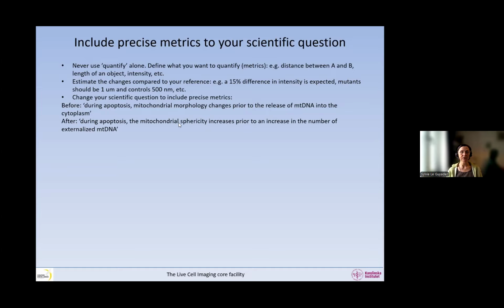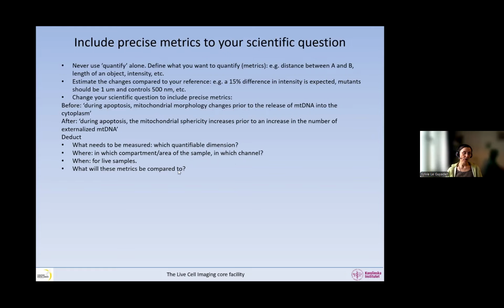Now we have two numbers that we are relating to each other: the number of DNA that are outside of the mitochondria, and the sphericity of the mitochondria, and then we compare them. So this is a proper scientific question for microscopy, and this may be kept for your whole project. From there, you will deduce what you need to measure: what is the quantifiable dimension in the image that you want to measure, and also where, so in which compartment, in which area of the sample, in which channel, and also when, if you are dealing with a live sample, after we add this or something like this.